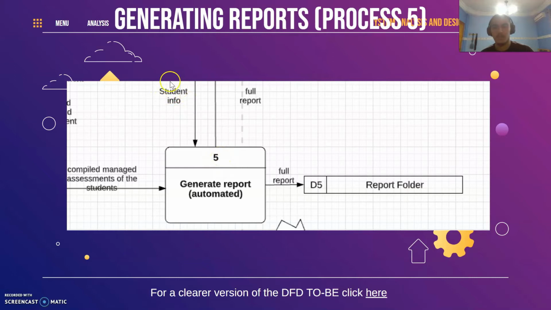The coordinator is also going to be entering the student info, which is going to allow the system to know which student to generate which report for. And then it's going to produce a report, which will be saved later in the report folder or downloaded by the coordinator.